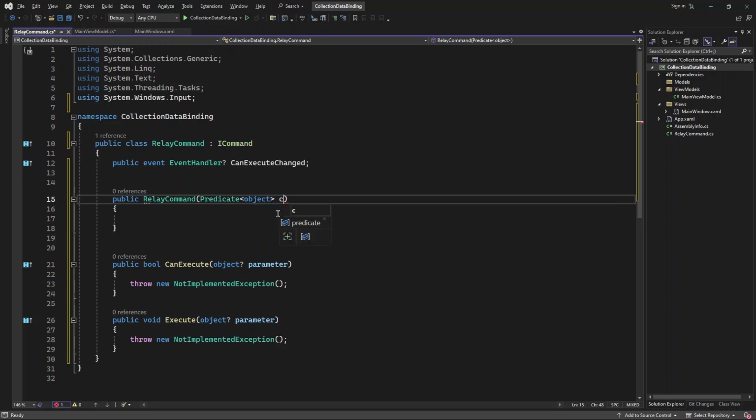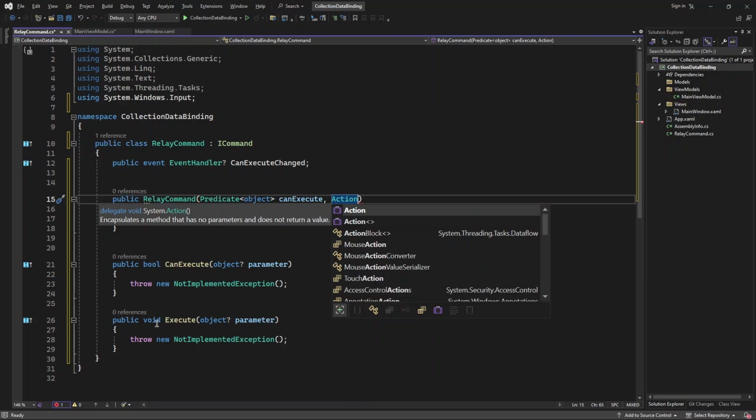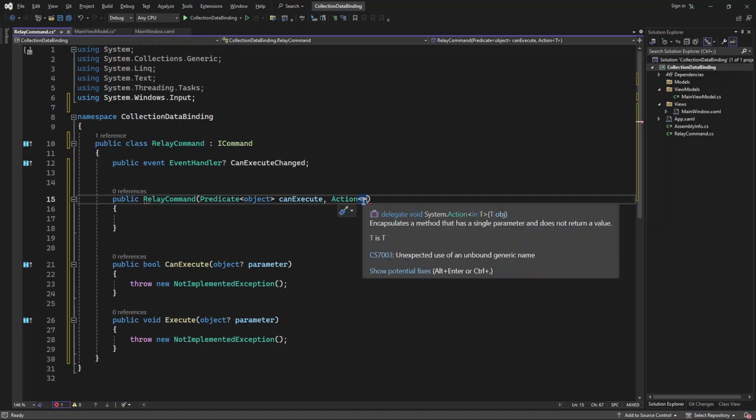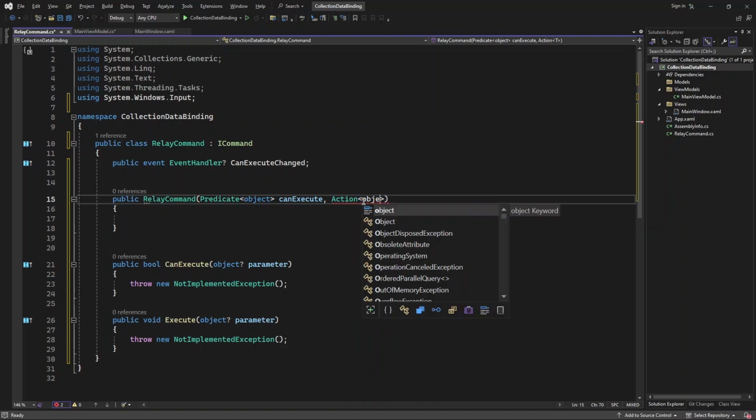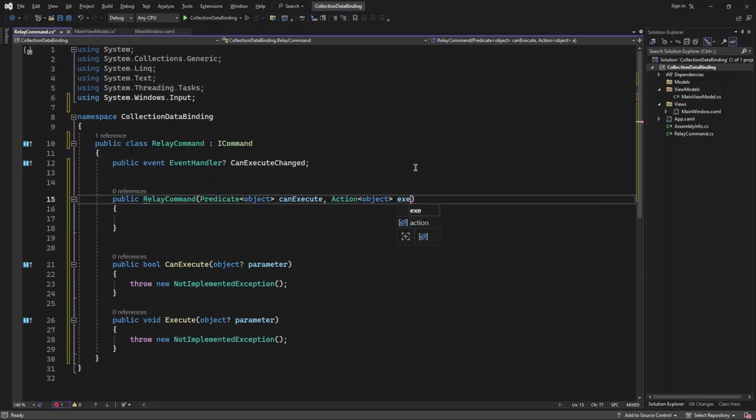So this method is going to be called the canExecute method, and I'm also going to add another method here of the type action. Now the action is similar to this method here. It returns void. And this action is going to take in an object,